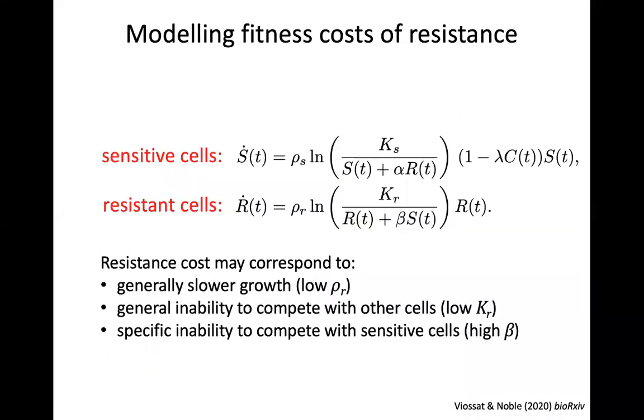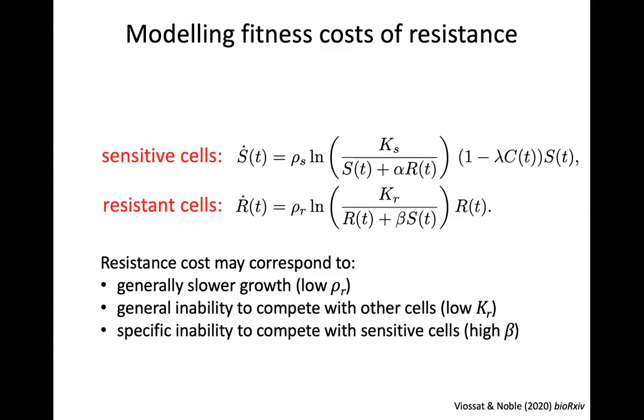So previous papers have suggested that an essential component in this containment approach is that resistant cells must pay a fitness cost of resistance. What we were able to show is that, in fact, this isn't necessary. All of the results you've seen so far haven't assumed that resistant cells are generally less fit than sensitive cells. However, we do find that a fitness cost can be very, very beneficial in terms of the size of the clinical benefit.